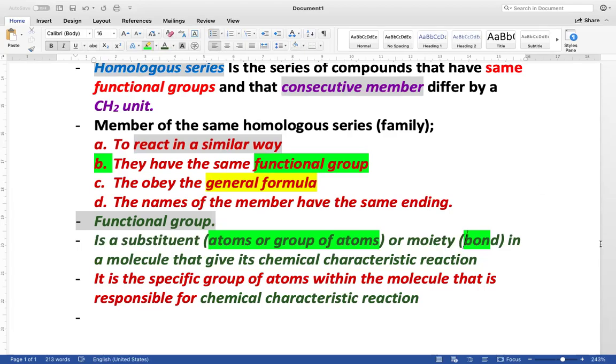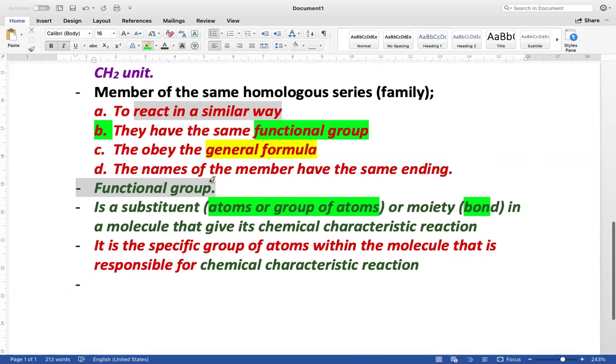But even as we wait for the ending of the session, we only have a few seconds. So we are saying that these substituents could be a specific group of atoms. Now, this specific group of atoms should be attached to the molecule. It should not be separated. If I say in this